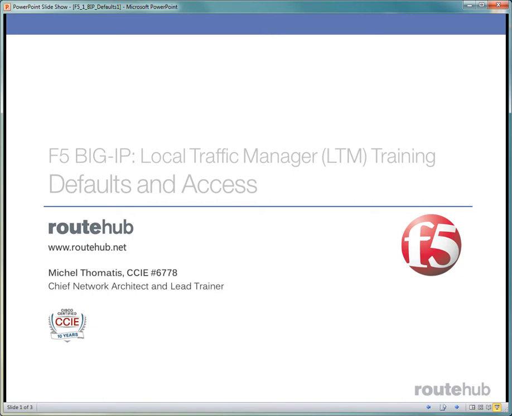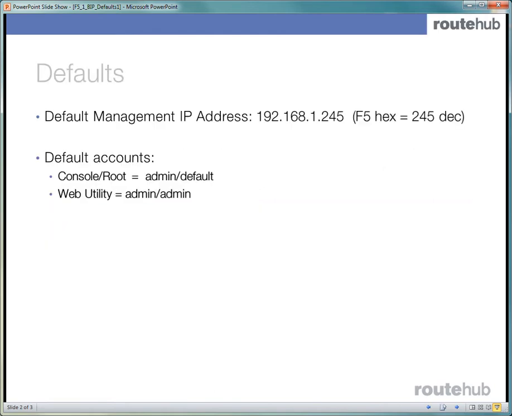Before we set up our management interface, let me explain some of the relevant concepts to keep in mind. When the Big IP is installed, or if it is new out of the box, these are the defaults that can be used. So the default management IP address on a Big IP is